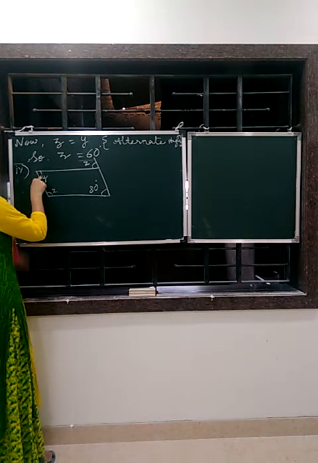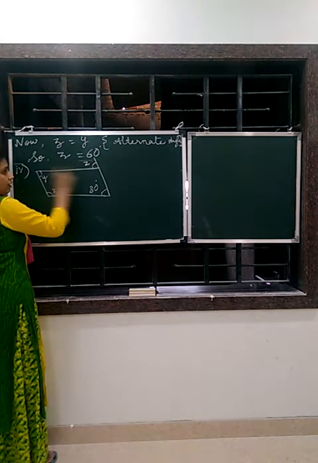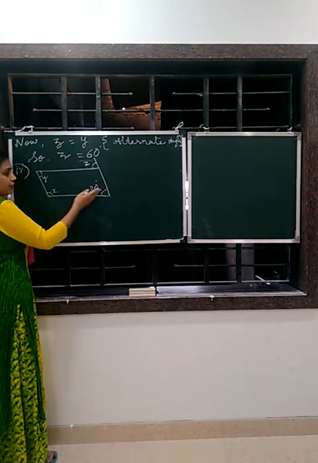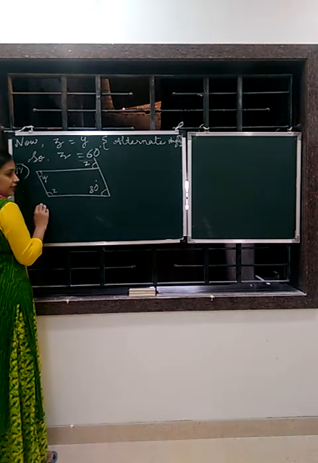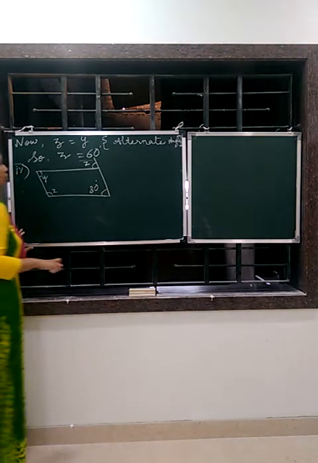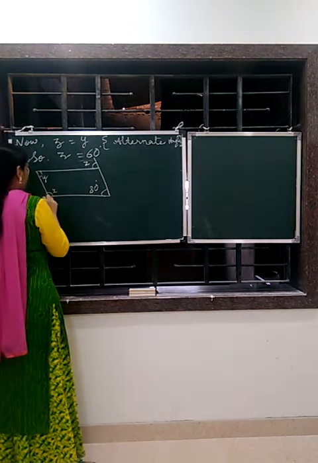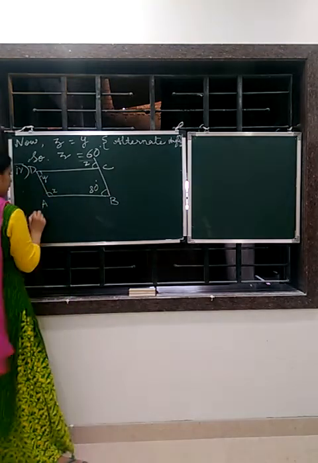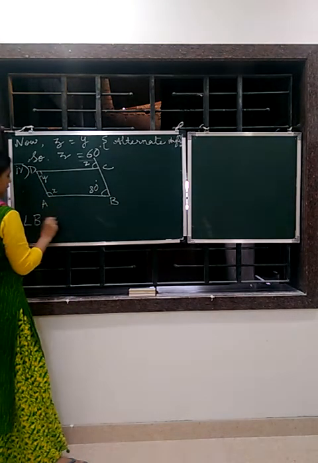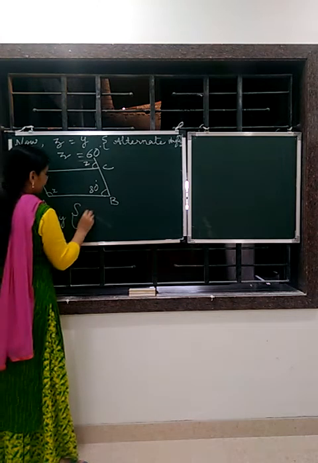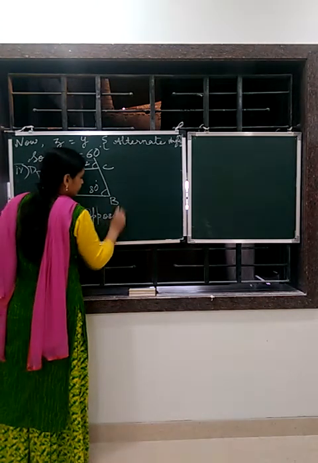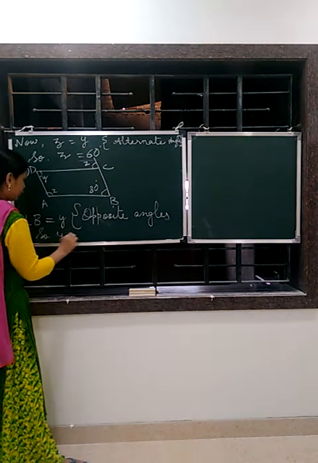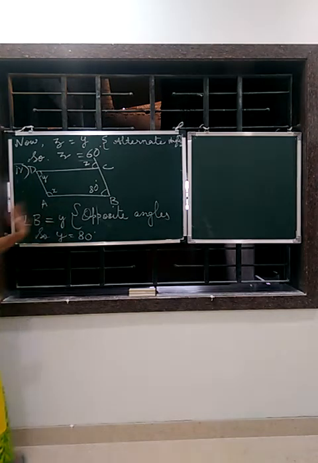Yes. Now this is 80 degree. This will also be 80 degree. Why? Alternate angles. Okay. Now we have to find this. So we can find this by using the property of adjacent angles are supplementary. So let's give the name angle A, B, C and D. So angle B is equal to Y. You can write the reason. Opposite angles. So Y is equal to how much? 80 degree. Directly we are writing because we are given the reason.